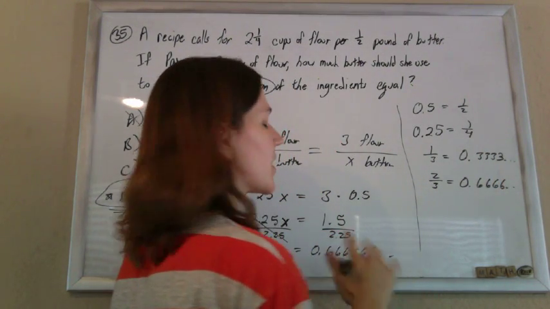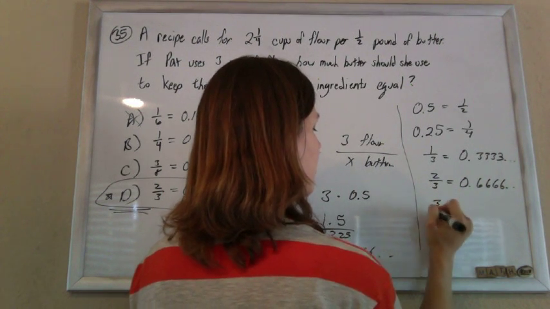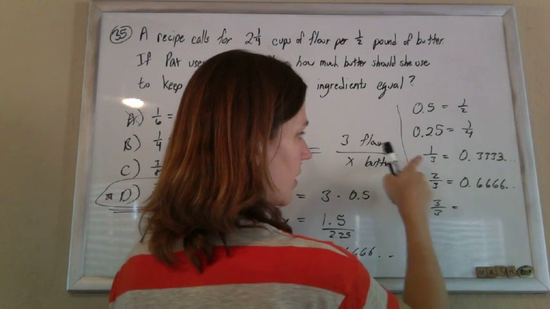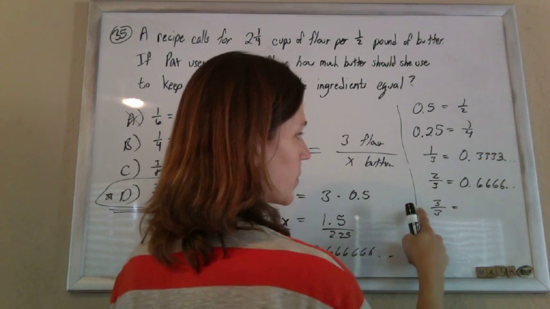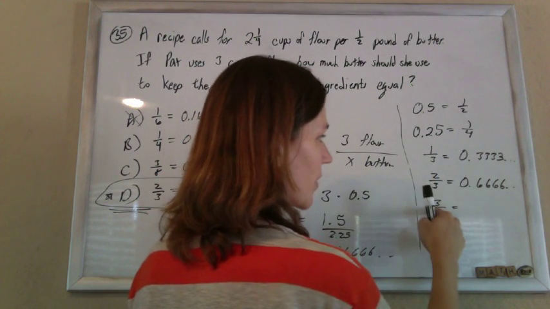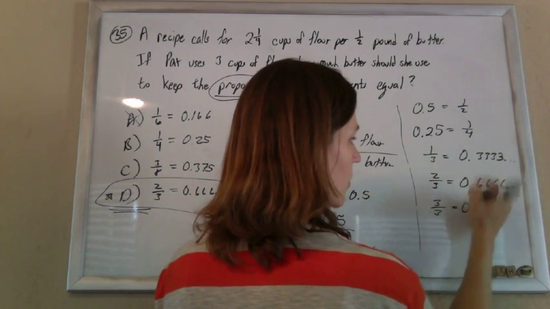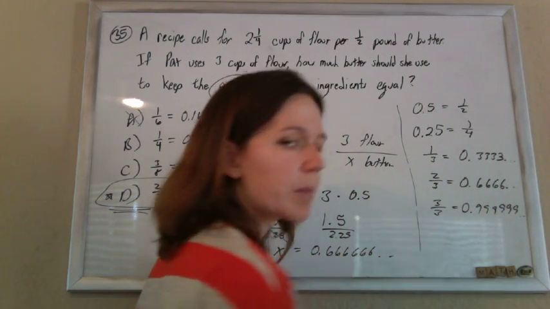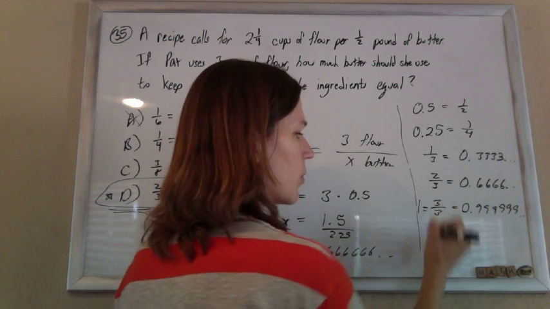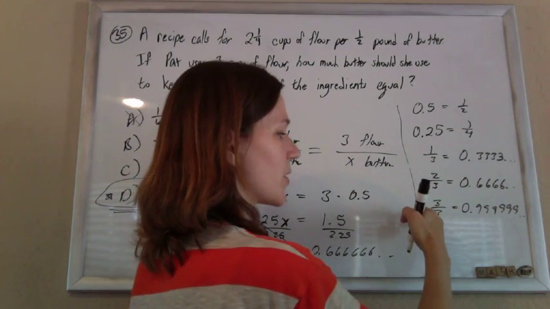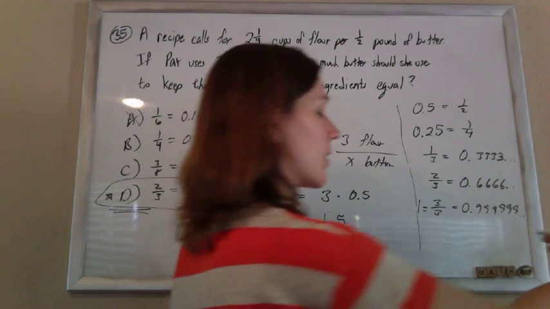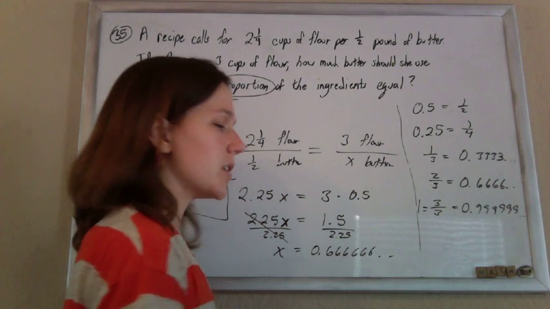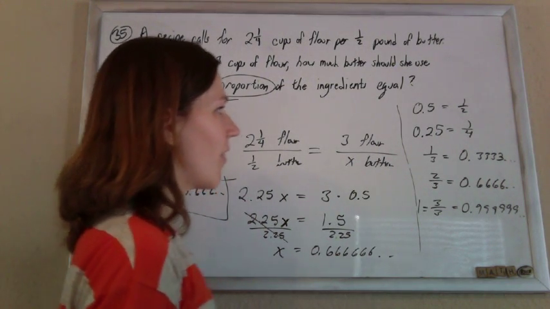And just for kicks, you can ignore this if you want. I think I do this on another video too. If 3/3 is 3 times 1/3, then it would be 3 times this. So if I multiply all those 3's by 3, I get 0.999 repeating. But isn't 3 divided by 3 1? So it turns out that 1 is actually equal to 0.999999 repeating, and you prove it in calculus, and it's kind of cool. But you don't have to think it's cool now. And that's all I wanted to say about